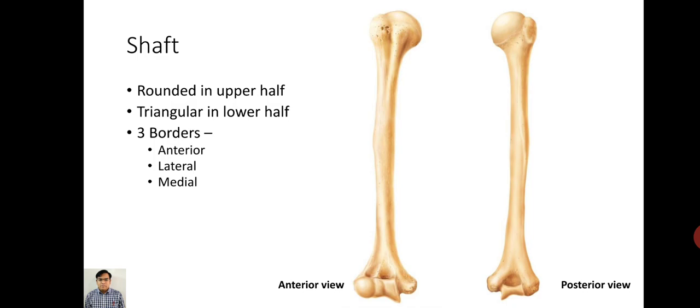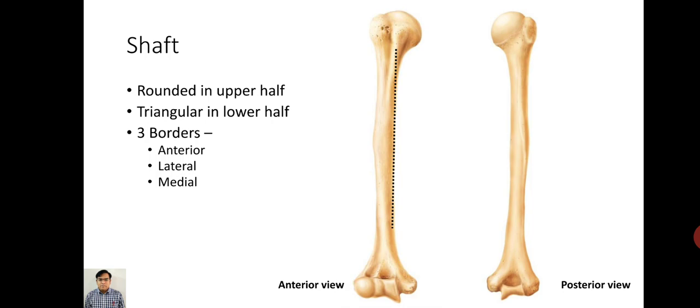Now the lateral border, this is lateral border on anterior aspect, and this is lateral border on posterior aspect. So it passes through the posterior aspect of greater tubercle, then it runs downwards toward the lateral side and continues as lateral supracondylar ridge. In the middle of this humerus, it is interrupted by radial groove.